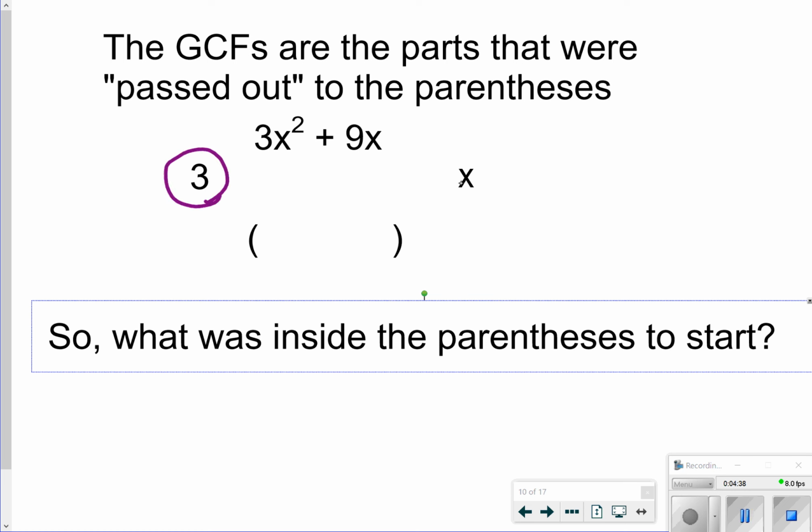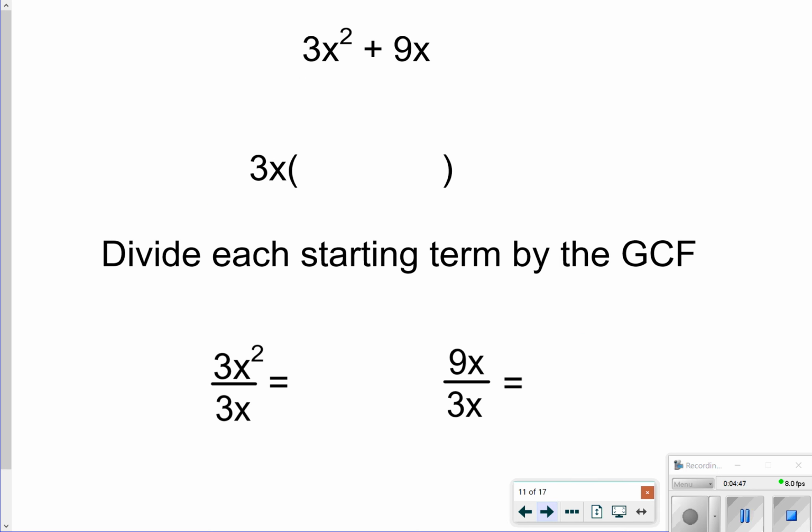So what you're essentially going to be doing is trying to figure out how we can factor out the 3 of the coefficients and the x of the variables, and this is what that's going to look like. So we're going to divide each starting term by the GCF of 3x. So that's basically my first term of 3x squared. I'm dividing that by 3x, and I'm going to get